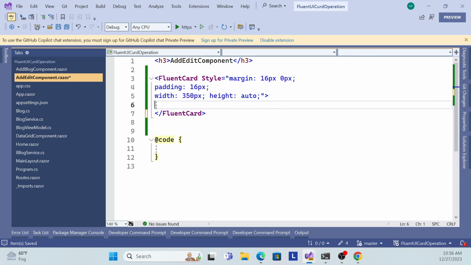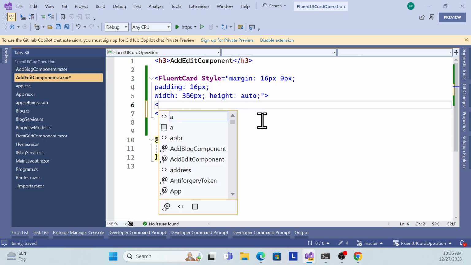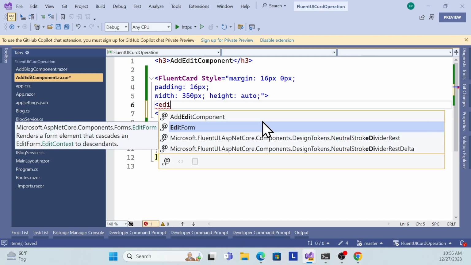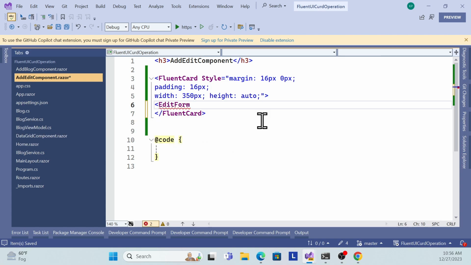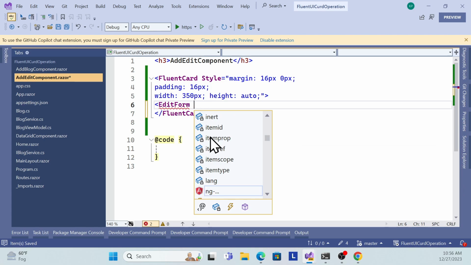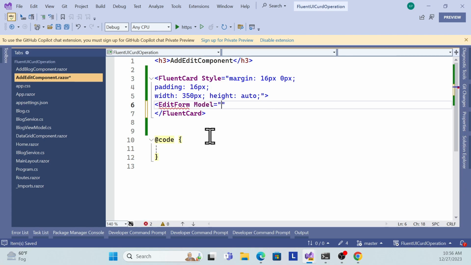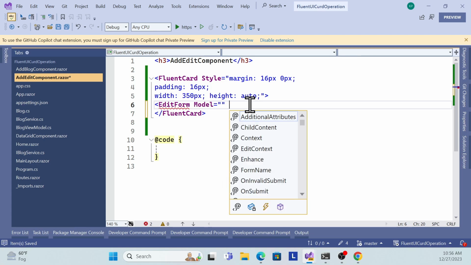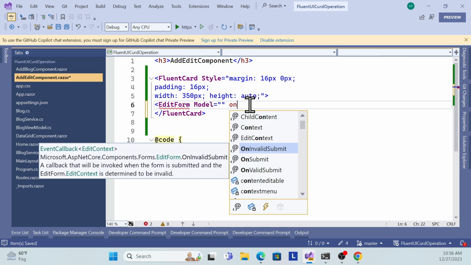Now what I need to do is create an edit form. So how can we do that edit form? It's very simple. The edit form is actually given by the Blazor application. It is not the Fluent UI. So I need to use this edit form from the Blazor component. Here I can specify the model as part of this edit form, and I can specify my model, as well as on invalid submission